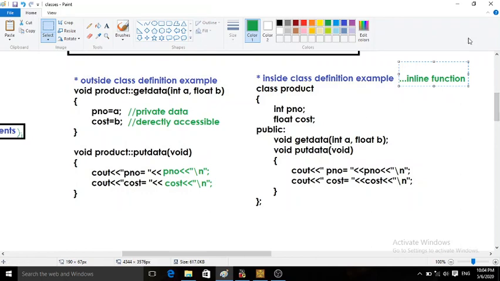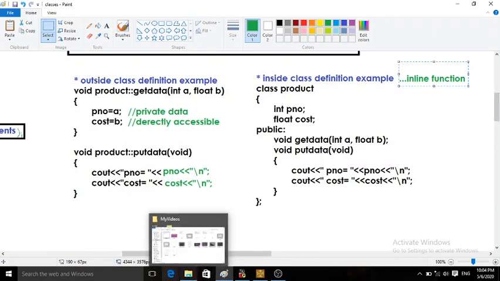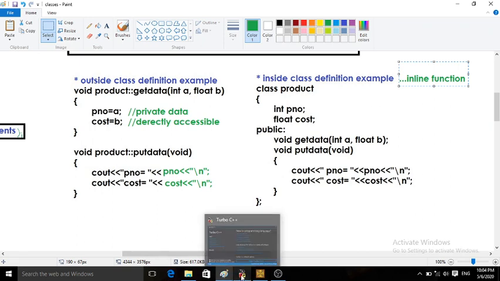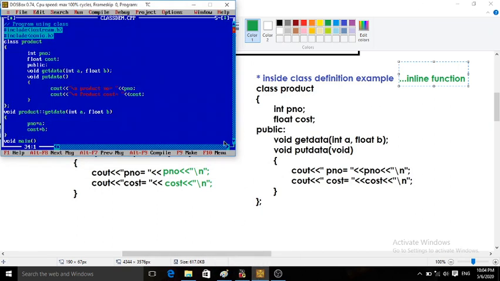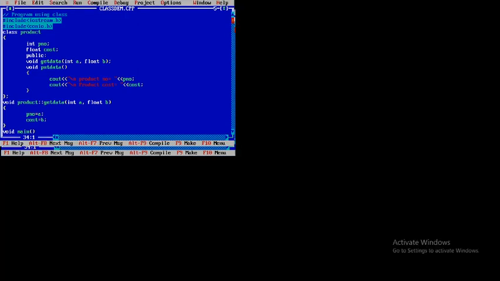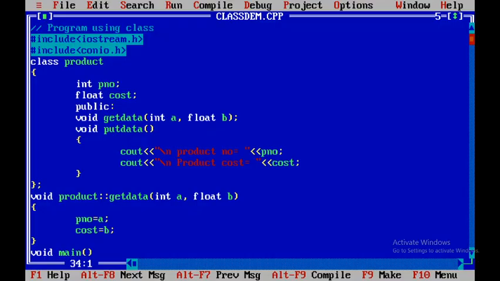Now let us move to the small program in C++. Here I have already written one code. The same example that we just saw, I have written here. I have created one file, classdemo.cpp. The required files are included: iostream.h, conio.h.